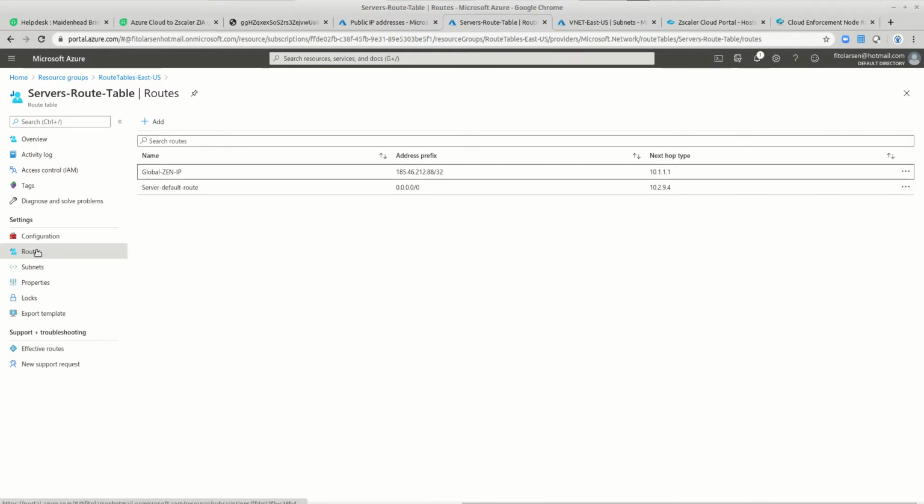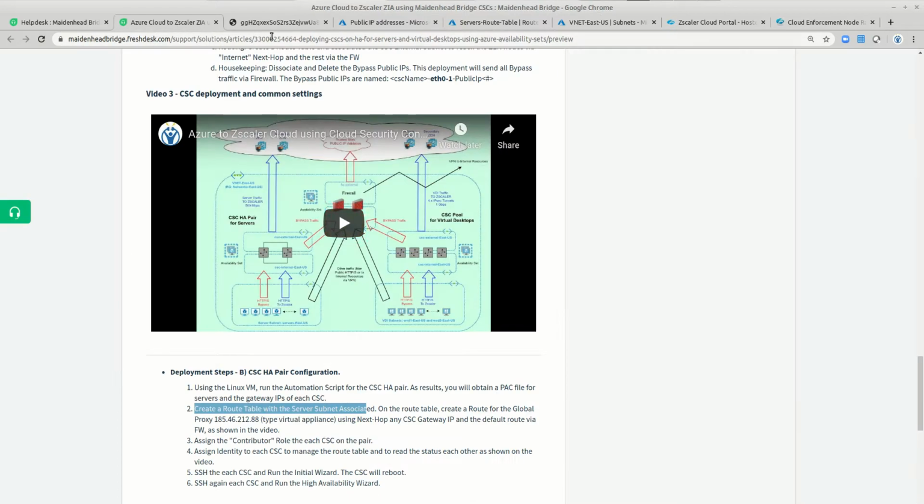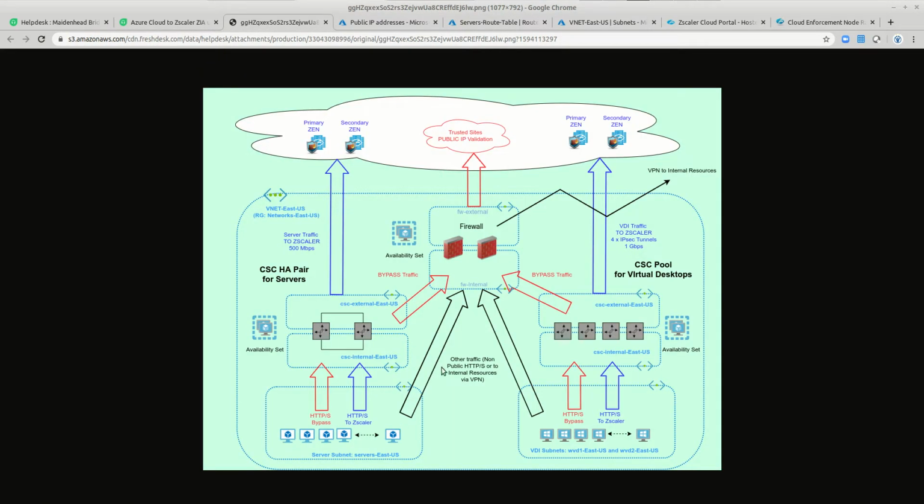And finally, the other route is the default route, via the IP of the firewall. Then the server's traffic will be default via the firewall, but all the traffic to the global send, this IP, a special IP, will go via the connector, and the connector will choose the route for this